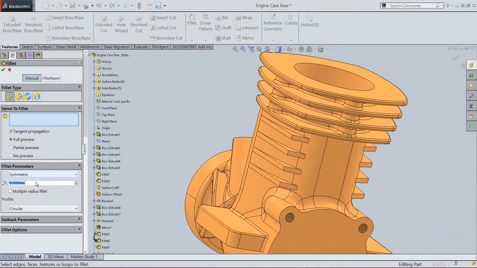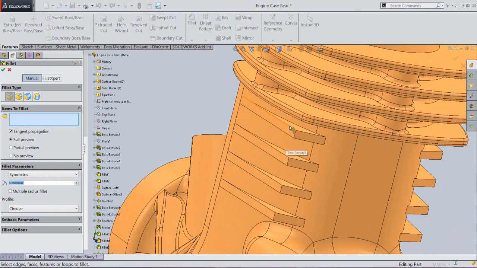Now we will apply the fillet on these edges of the pattern feature.